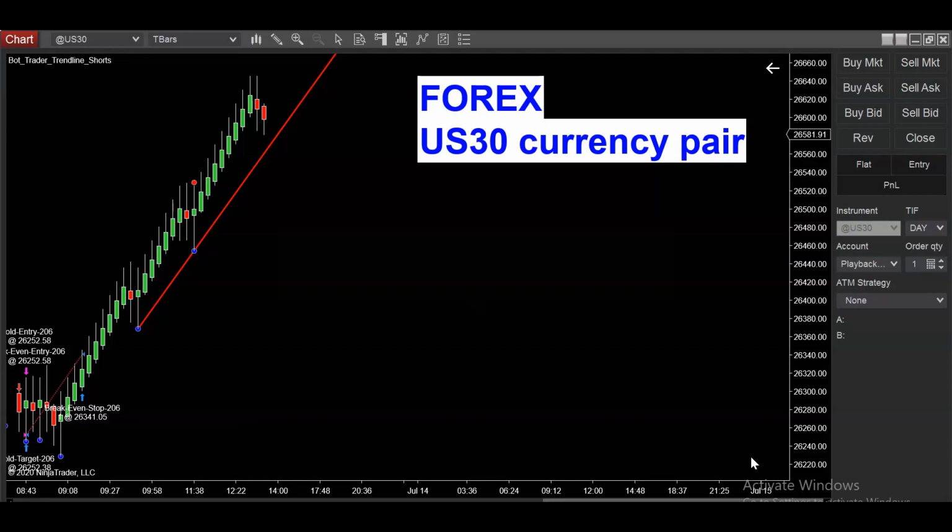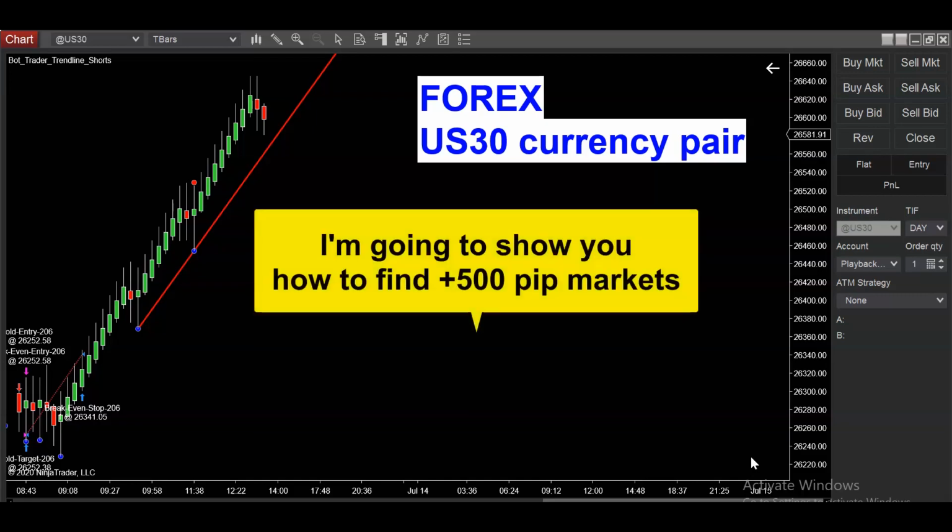And for those of you guys that know me, I don't look for small baby type trades. I'm looking for huge home run winners, and so should you. So we're not looking to scalp Forex for like 6 or 7 pips. We want to find and trade only the highest and most volatile currency pairs in the world. And how do I define that? Well, my definition is it's got to be moving at least 500 pips a day. If it's not moving 500 pips a day, then in my opinion, I'm not even sure it's worth